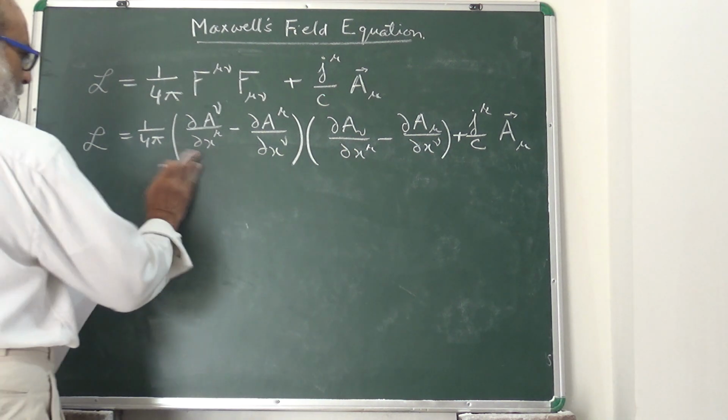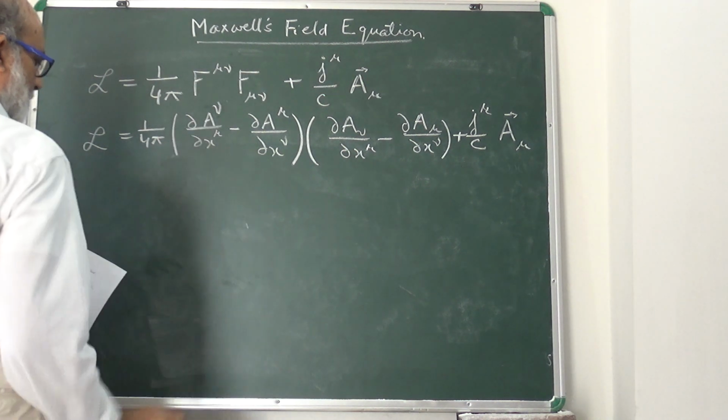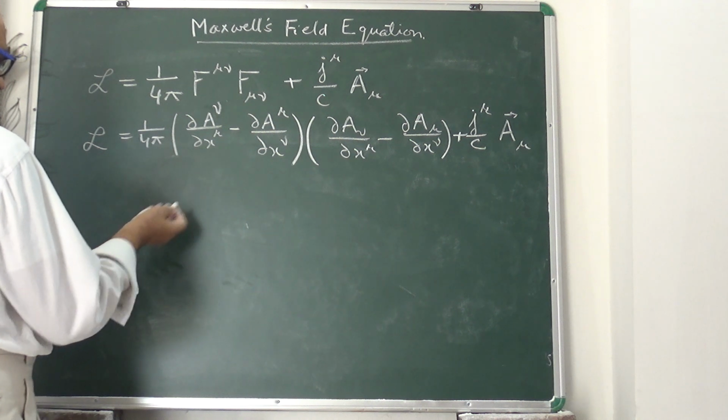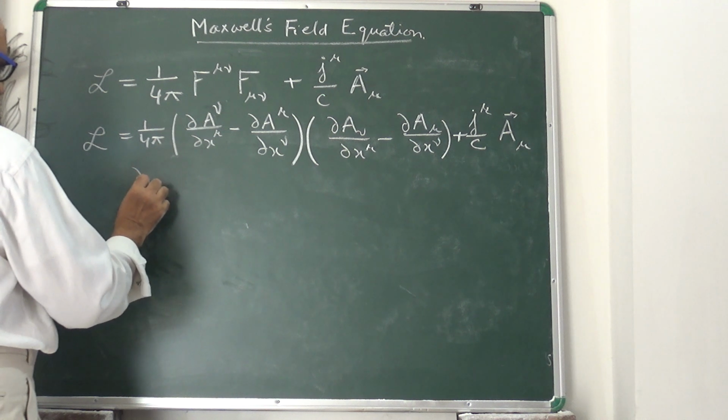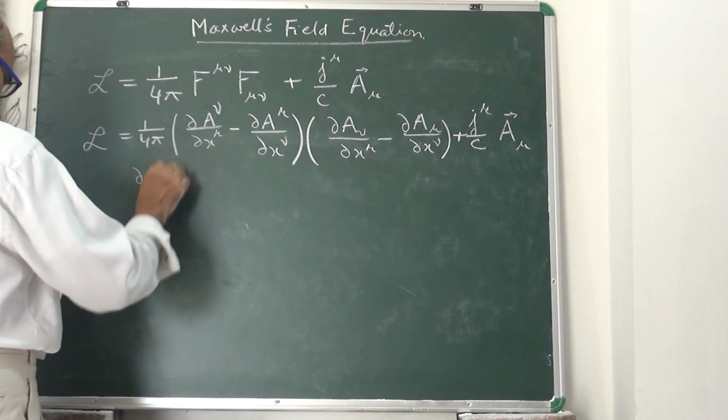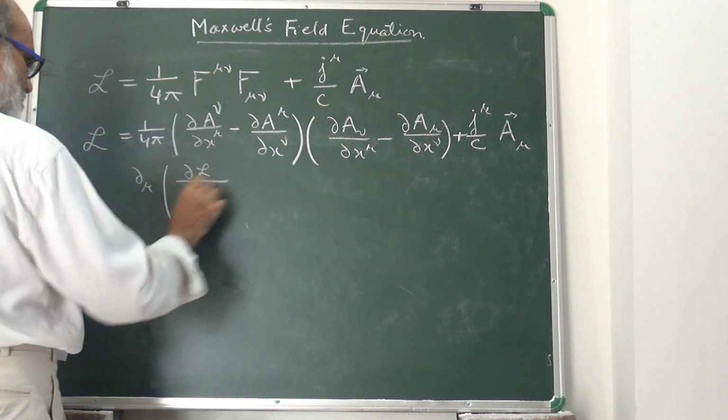Now we want to write the equation of motion, and we have the equation of motion, which is called the Euler-Lagrange equation of motion, meaning delta mu of delta L by